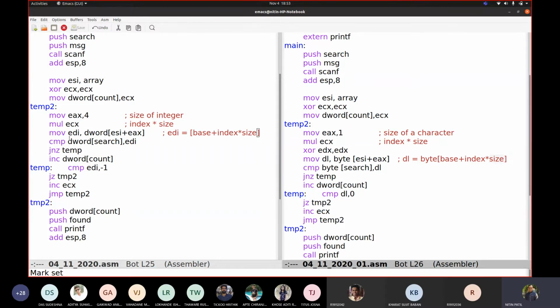And then instead of this, where we took EDI, we took that variable, the value with EDI. Here, as it was a 32-bit value, we could use a 32-bit register. But when we talk about a character, we have to make use of an 8-bit register only. That's why we used DL here. And then we are comparing that DL with this byte. Only this is the change. Rest, I think everything is the same. Any question with this?